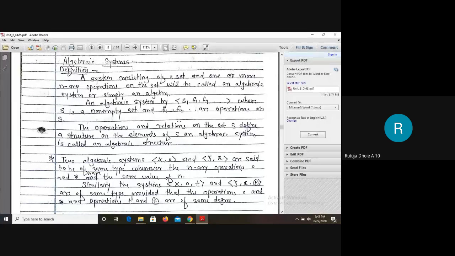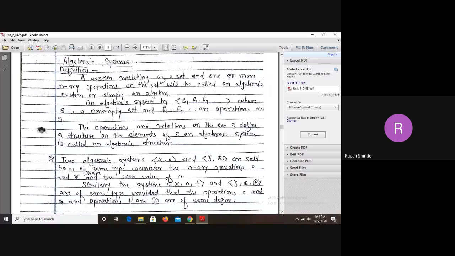Example. Okay. So, two algebraic systems are given and we have to check whether these two algebraic systems are equal or not. So, what is the clue given here? These are two different operations. Composition is the operation performed on the first set, and star is the operation performed on the second set. Then we can say that these two algebraic systems are same if the composition and star have same value of